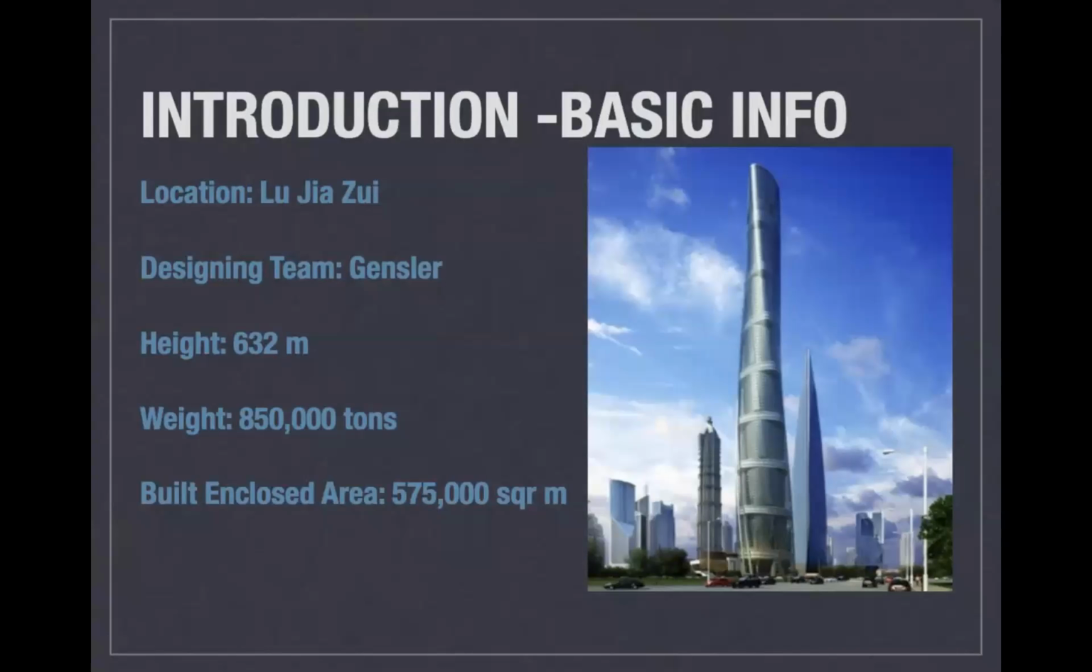Basic information. Shanghai Tower is located in the Lujiazui area in Shanghai, China. It is adjacent to two of the tallest skyscrapers in Shanghai, the Financial Center and Jingmao Tower. The building is designed by Gensler. Its above-ground height is 632 meters, it weighs 850,000 tons in total, and it has 575,000 square meters of built